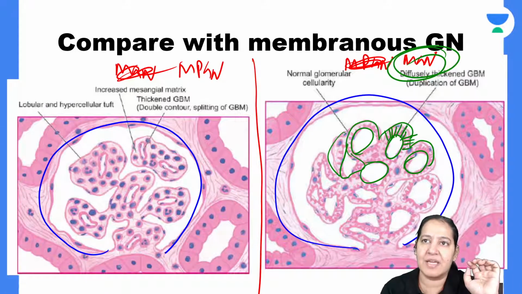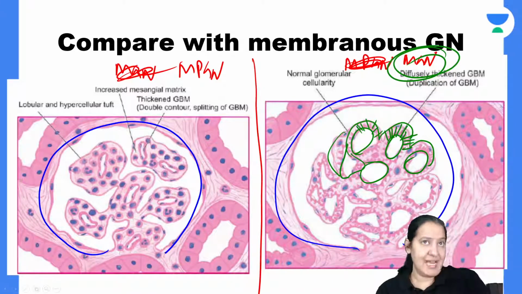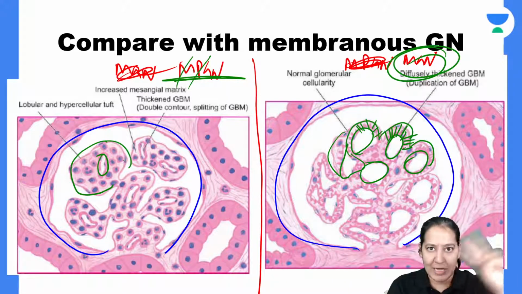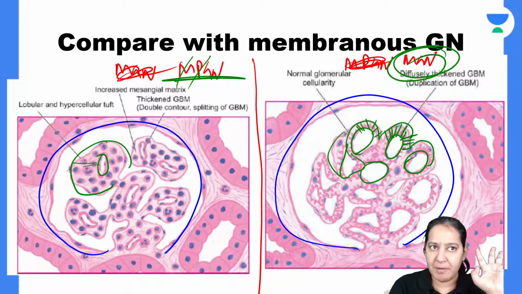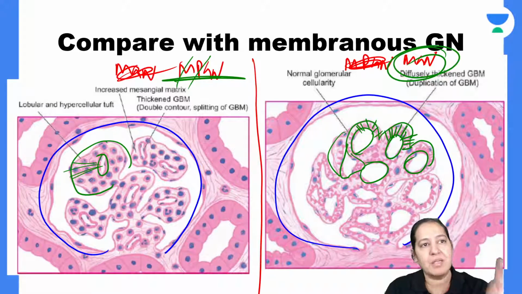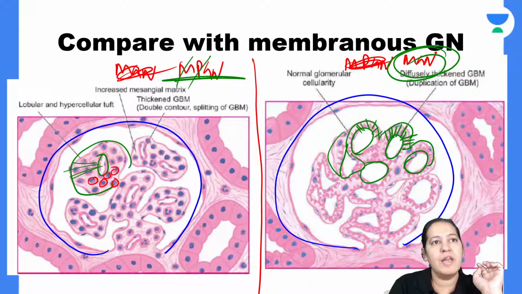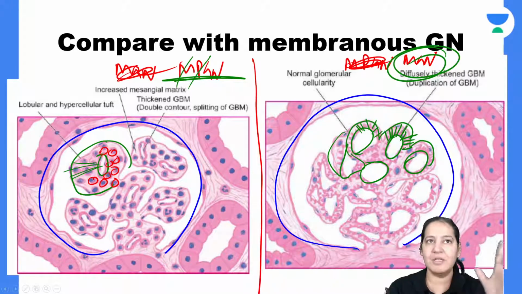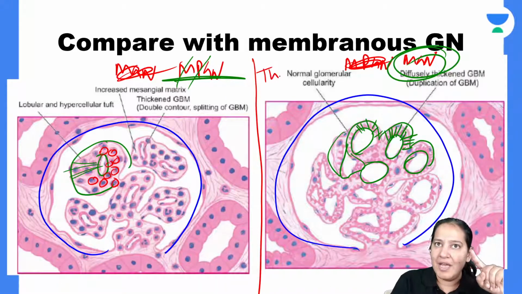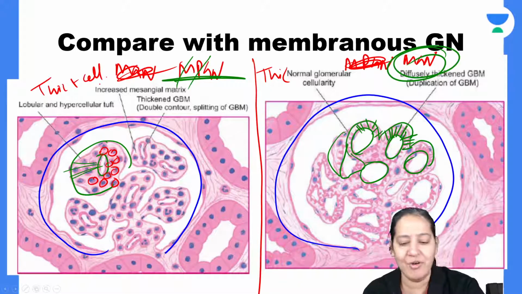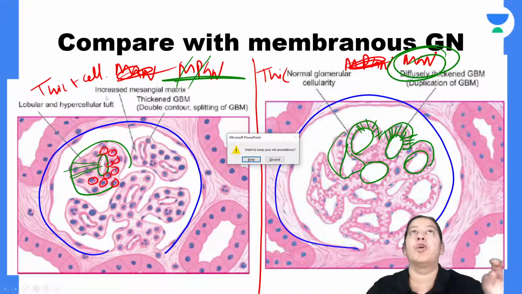Can you appreciate this thickening? In this diagram, in MPGN, membranoproliferative, you will see thickening too. This is endothelium, this is epithelium. In between the endothelium and epithelium, you have the basement membrane. So the basement membrane is thickened here also. But in between the endothelium and epithelium, there are cells also. Let me mark the cells. These are all cells. Some of them are lymphocytes, some of them are neutrophils. So cellularity is also there. Now compare the two. Here only thickening is there. Here, along with thickening of the basement membrane, cellularity is also there. Have you got it? That is the two types of nephrotic glomerulonephritis.